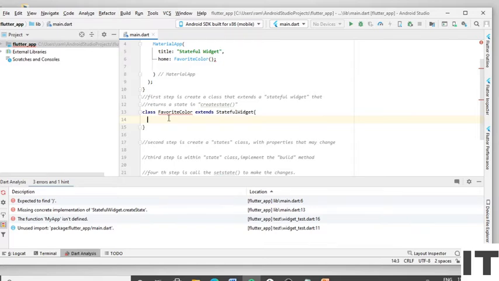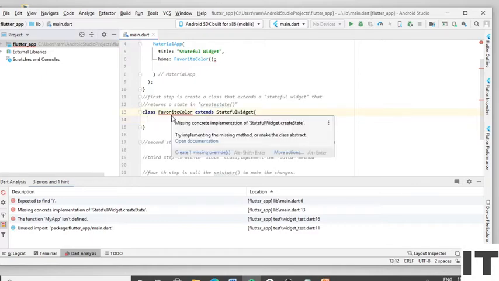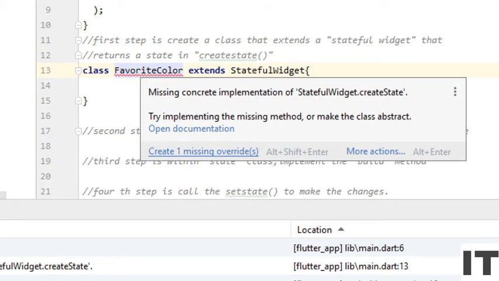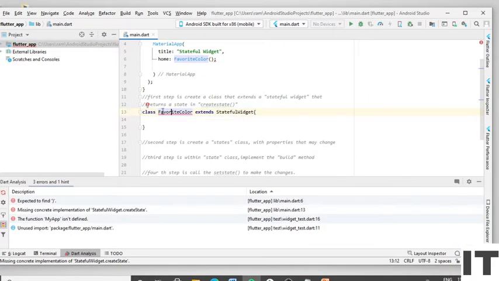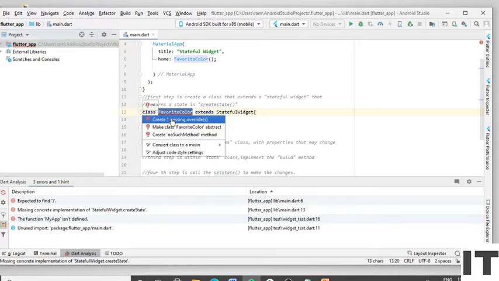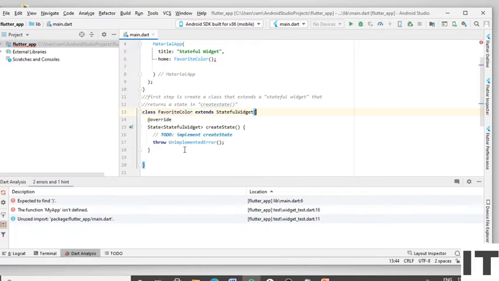Now click on the FavoriteColor and click on create one missing override. Now remove these two lines.